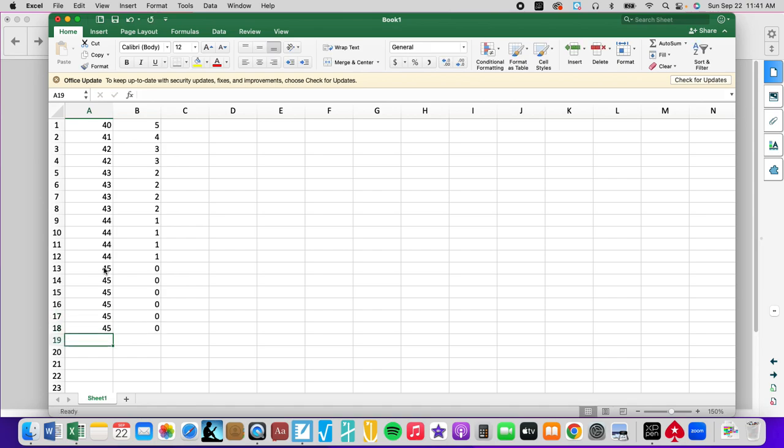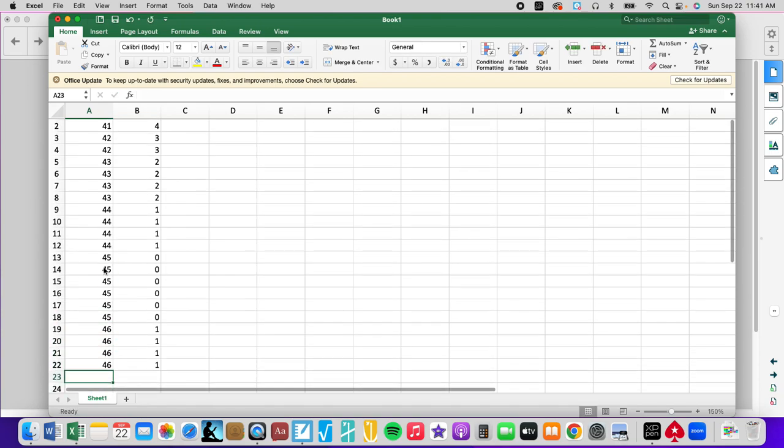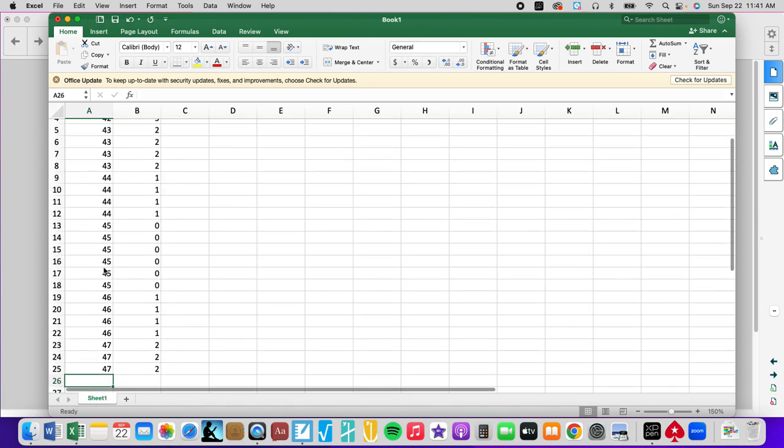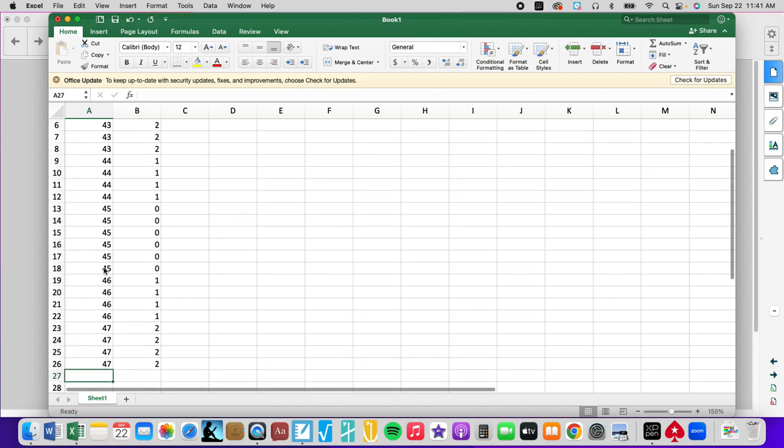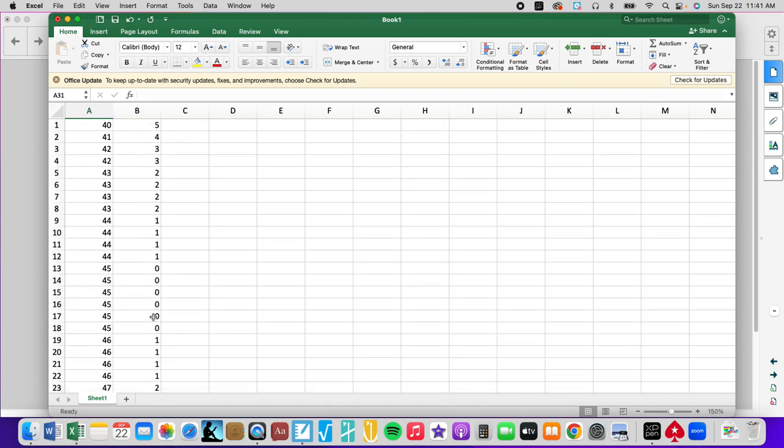Then we had 4 46s. We had 4 47s. We had 2 48s. We had a 49 and a 50. Now, these are the MAD values. This is the